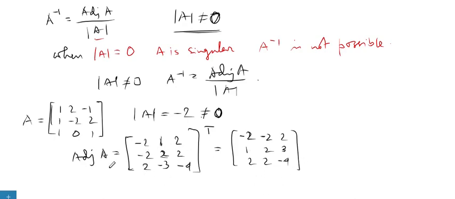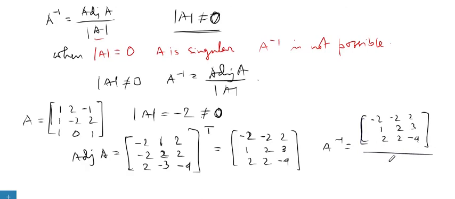So this is the adjugate of A. So A inverse would be equal to adjugate of A, that means this matrix, minus 2, minus 2, 2, 1, 2, 3, then 2, 2, minus 4,